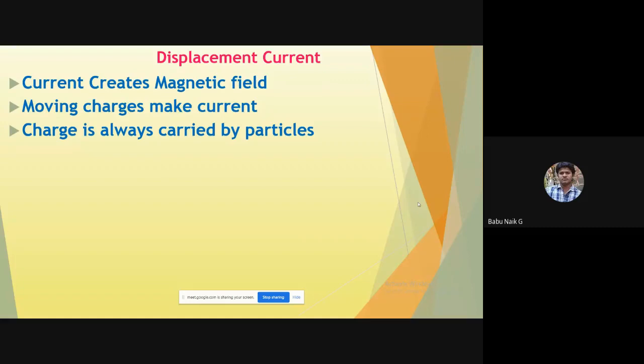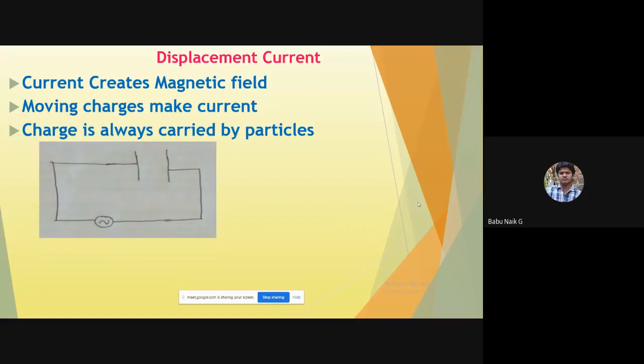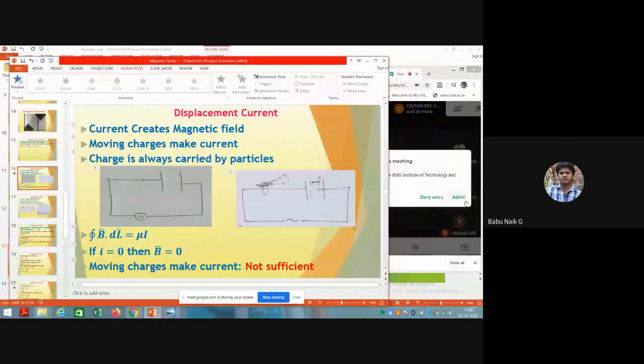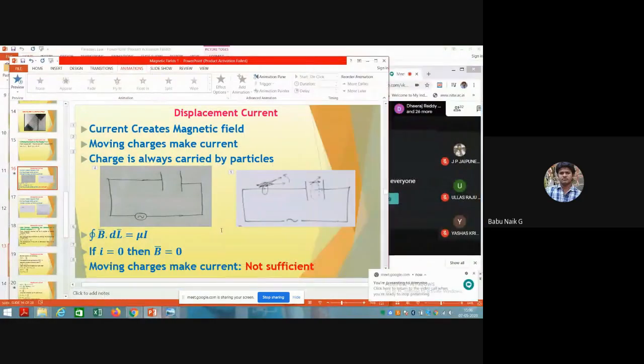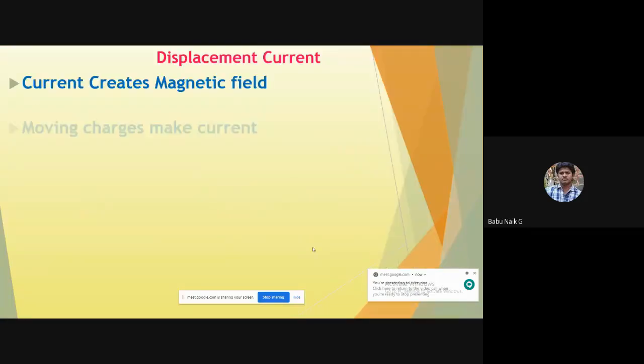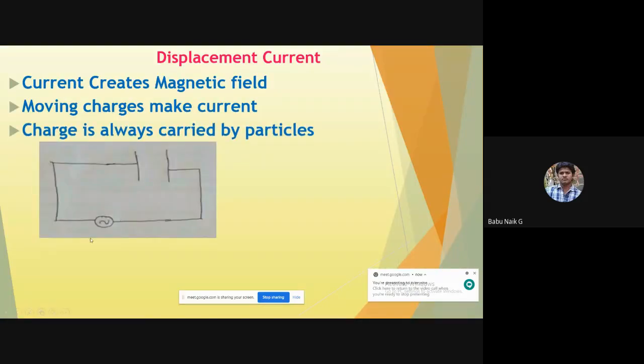Now, this was done by Maxwell in the 1860s. He did an experiment to show how the displacement current arises. When a circuit carries current, in a series circuit the current is constant everywhere, if you don't consider any loop. For this, he took a completely closed circuit with an AC supply, and in between he took two parallel plates, that is, a capacitance.